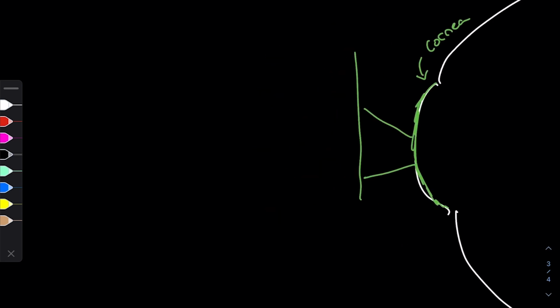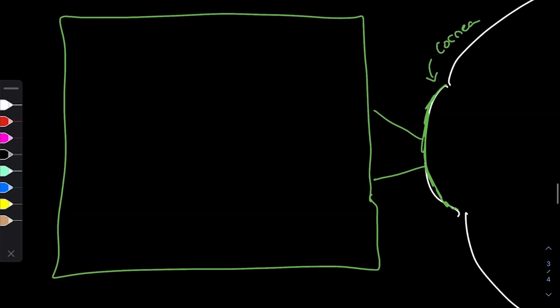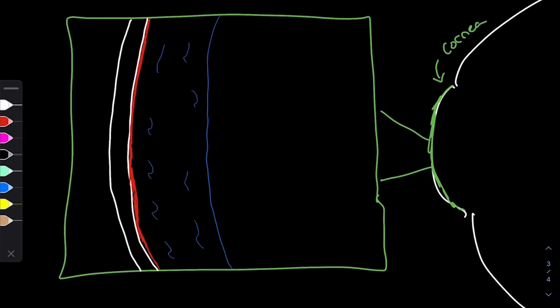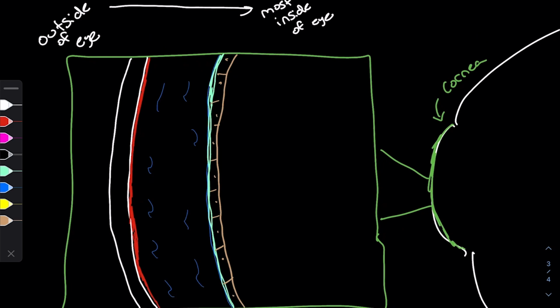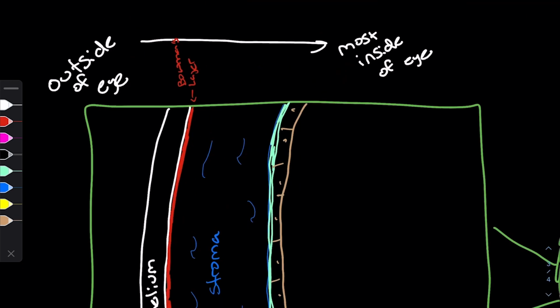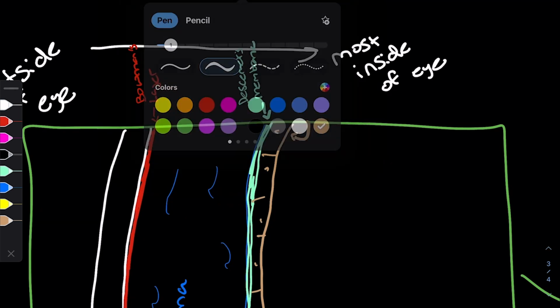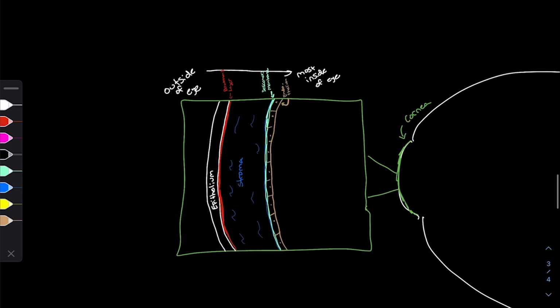I'm going to go ahead and take a cross section of it just to show you guys what the layers are. There's 5 different layers, and so I'm going to draw it from outermost to innermost. The outermost layer is the epithelium, followed by Bowman's layer, and then we have the stroma, and then we have Descemet's membrane, and then on the most inside we have the endothelium. All of these have their own function, but today I'm going to focus just to